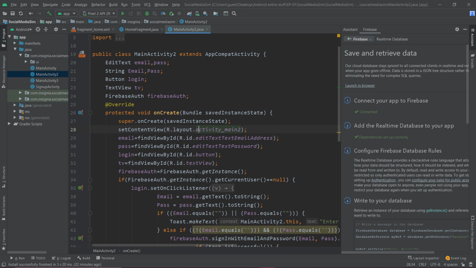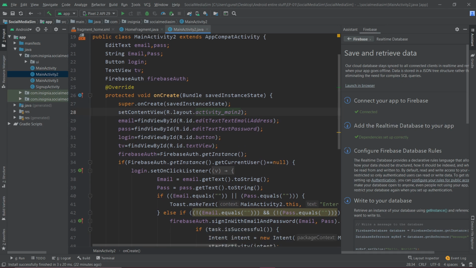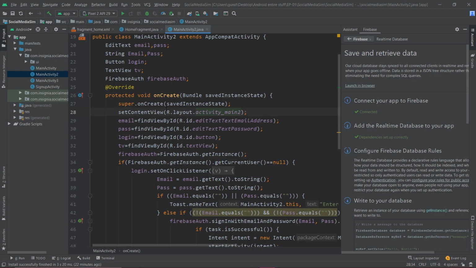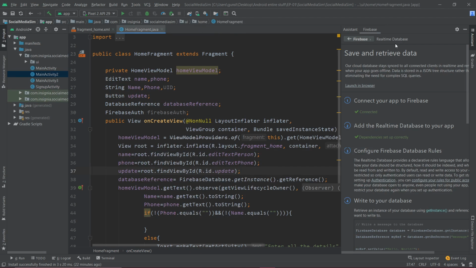What this thing basically does is it creates a live real-time object for Firebase authentication. But our need is different. In this, we use something like FirebaseAuth.getInstance().getCurrentUser(). What this does is get the current user, but we do not need the current user. We need the UID of the current user. We do not need all the data of the user. We need this UID. So what I'm gonna do is use the same code in our current home fragment.